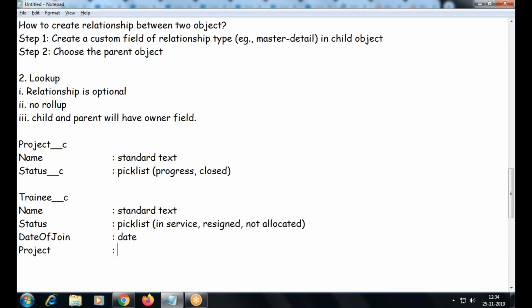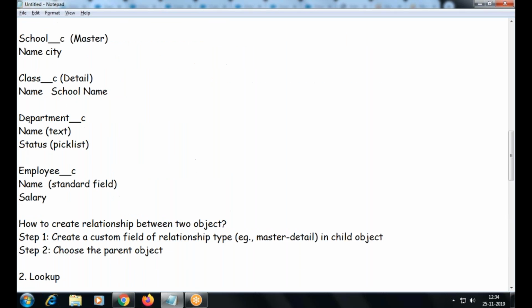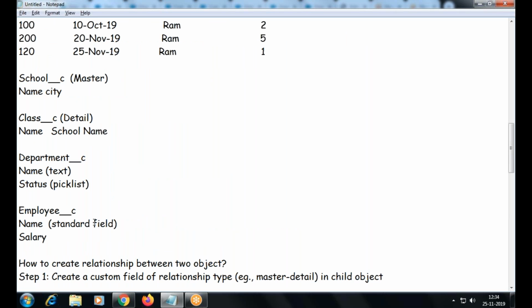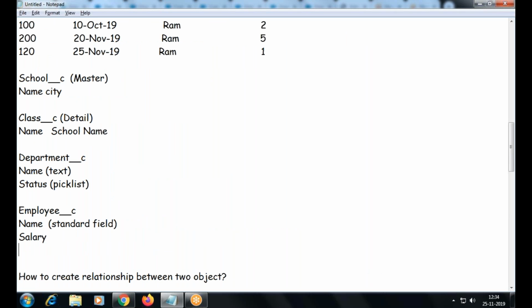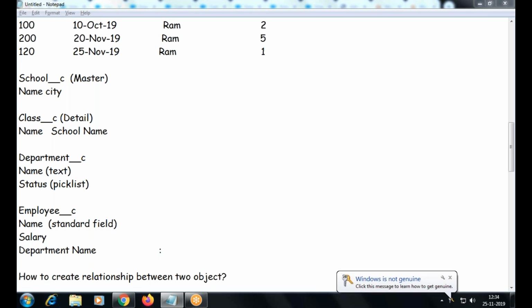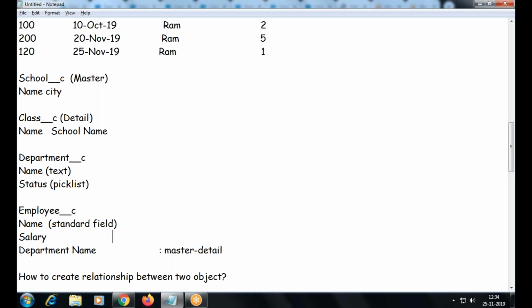So this project field is what we are going to create as a lookup relationship type. In the employee object we created a department name field. What is the field type, Meyer? Master detail, am I right?